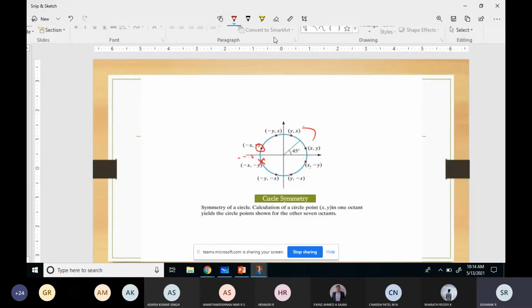If you can generate all the points within this 45-degree curve, you can use these points to generate the remaining points on the circle. If you calculate the x comma y points in one octant, in the other 7 octants also you can calculate by using this. Since the circle is symmetric, you need to find the points within one octant. If you are finding that within one octant, using those values you can find the similar or corresponding points in other octants.